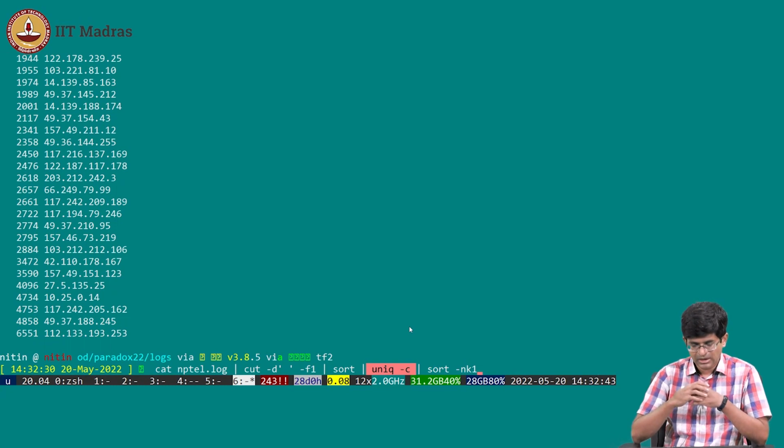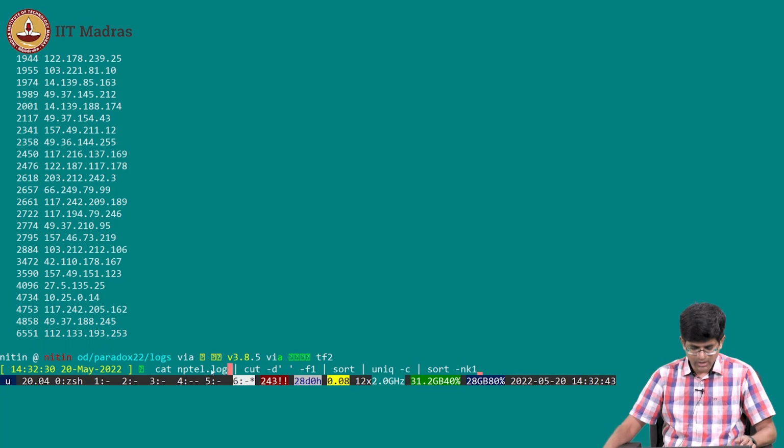Okay, so in other words, look at this entire command out here, right? I basically started with cat, then went to cut, then I went to sort, uniq, again sort. All that I've done is use a bunch of different commands that already exist on a Unix system, in this case a Linux system, right? And I was able to achieve the entire thing without having to write even one line of Python code.